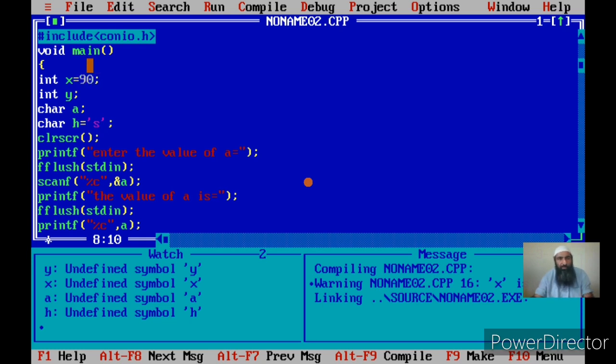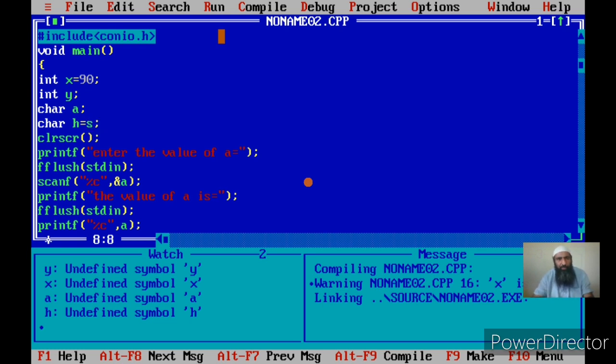I simply give the number. This is a numeric constant 90, but S is taken as a character constant, and it should always be given within single quotes. So there is a syntactic difference between initializing an integer variable and a character variable. You cannot simply write S without single quotes.